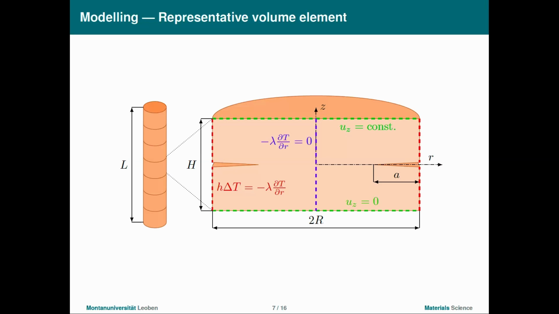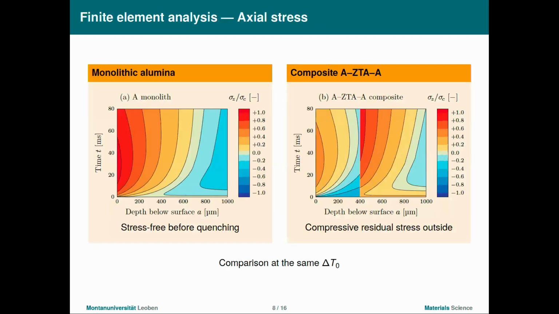So then we can say it will be uniform, and we can use some representative volume element and simulate some circumferential crack that goes around the rod, and we make this analysis much simpler. We could also try to simulate here some semi-elliptic crack, but it would not be that useful. So we do finite element analysis with these representative volume elements, and you can see on the left side that's